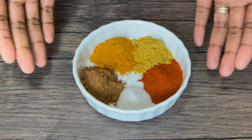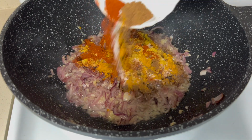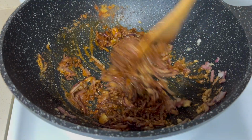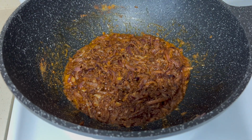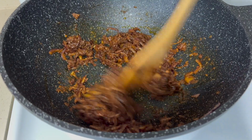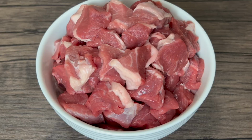You should keep your heat on medium high. And then these are the ground spices. Also, I have them listed down. Go ahead and add in your ground spices and fry those until they are super fragrant. This is really important for the ultimate flavor and aroma of this dish. So once they've fried for about a minute or two, and your content looks like this, you're ready to add